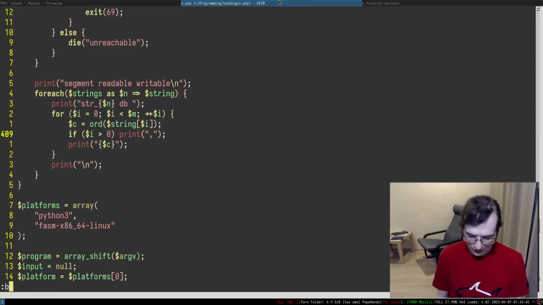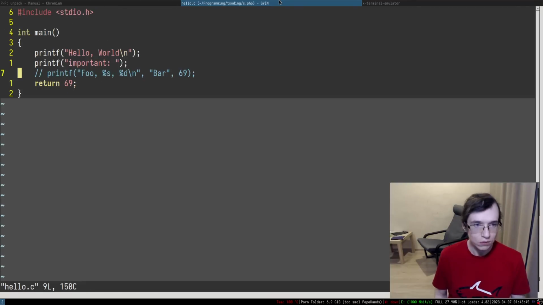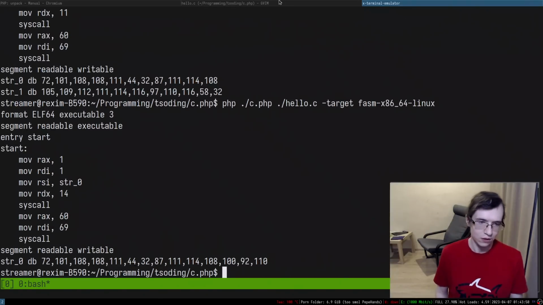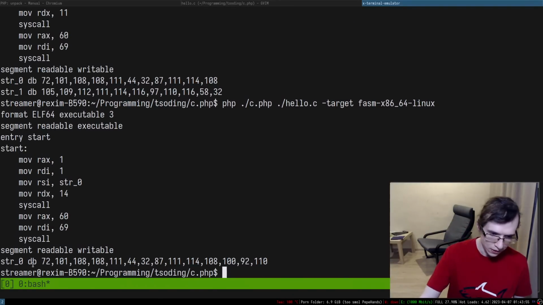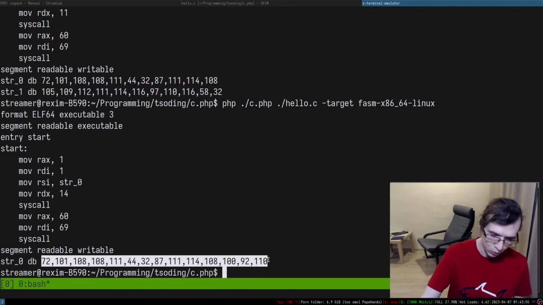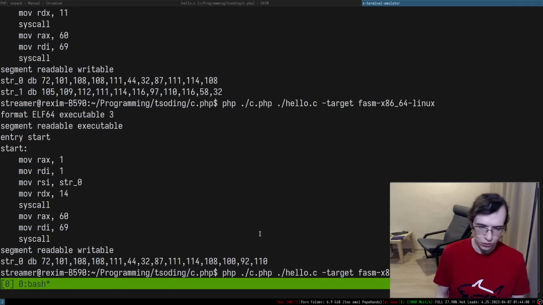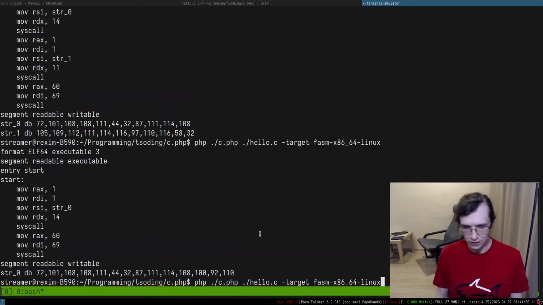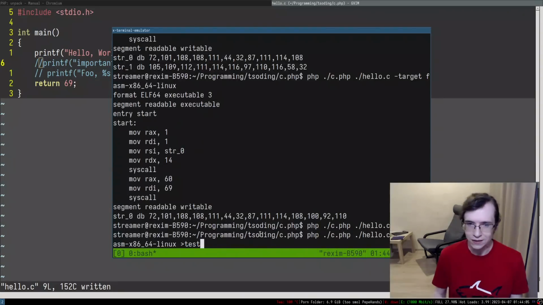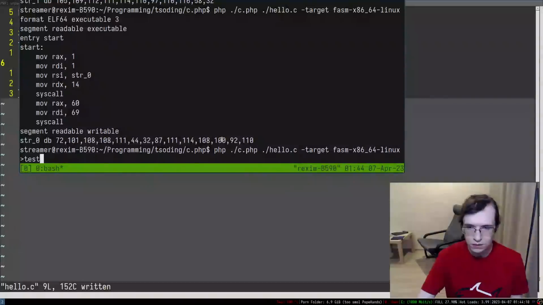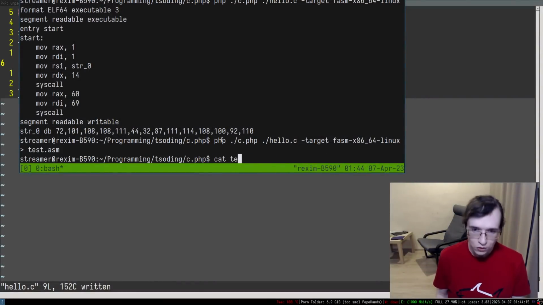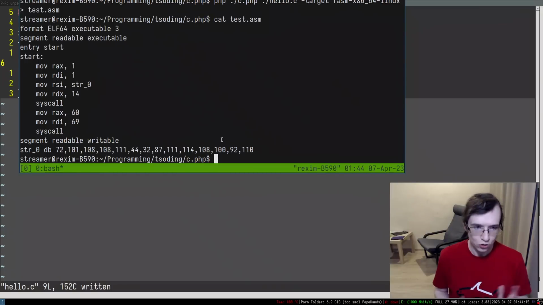Okay, so let's go back to hello.c. I'm going to comment out this step, and this is basically the hello world. As you can see here, we have the data that we're supposed to maybe print. So I want to redirect all of that to test.fasm. I'm going to cut it, so this is what we have.